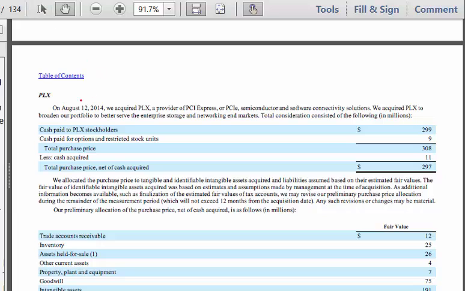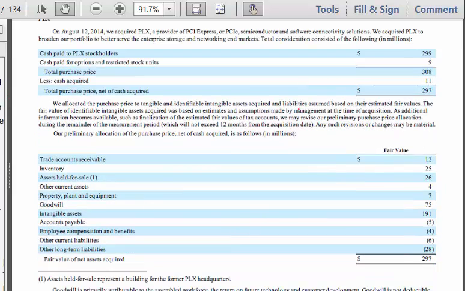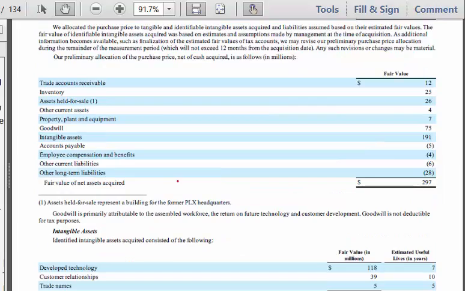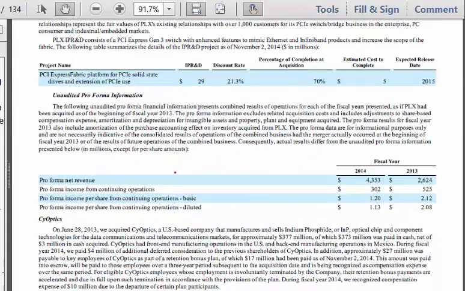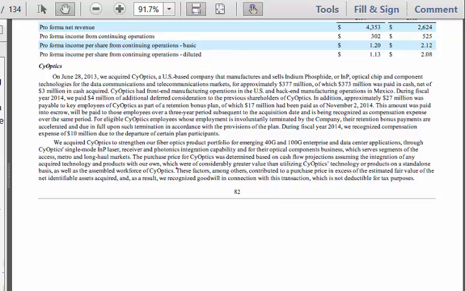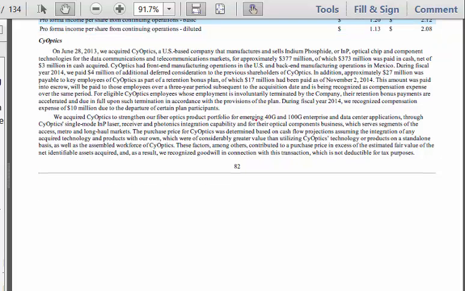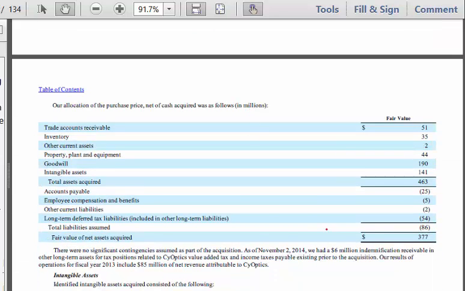Okay, so then they move on to another deal. So they say, we acquired this company. This was the purchase price. This is the allocation, blah, blah, blah. So here's another one, the Psyoptics one. Let's see if I can find any stuff in here that's interesting on tax. So like this one in the purchase price allocation, you can finally see that they have deferred tax liabilities right here.